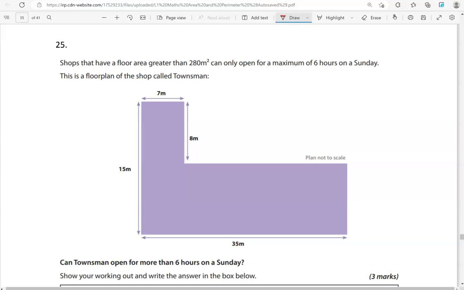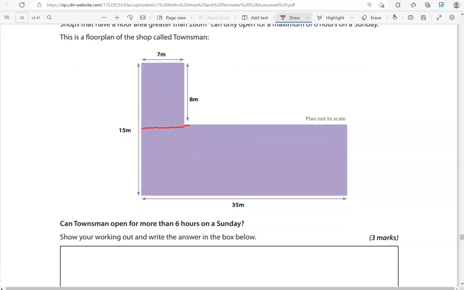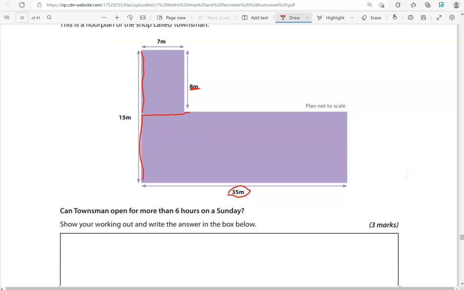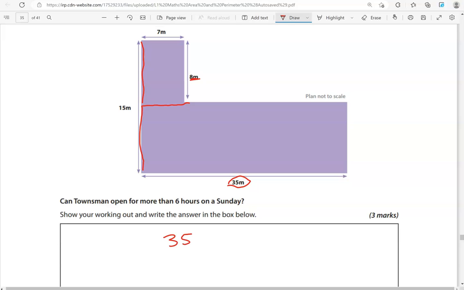So we need to work out the area, and you can see it's an L shape. So I'm going to split it here into 2 rectangles, so I can now easily work out the area. So we've got the big rectangle, which measures 35 meters by the width here, which is 15 take away 8, so that is 7 meters. So 35 times 7,